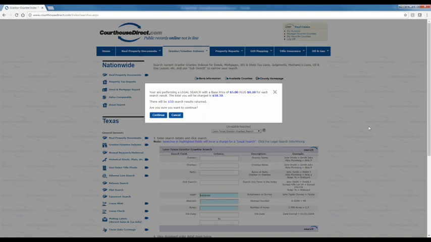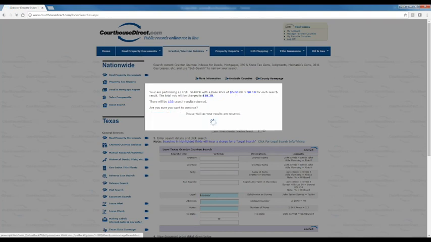So again, as I mentioned before, it pops up a little question here. You selected 133 results. Do you want to purchase this? And we're going to tell you what the purchase price is. You'll notice that in Reeves County, it was $20 plus. And then in Leon County, it's a little less just because it's keyed a little bit differently for us. So I'm going to say yes, I want to continue, and I want to bring up the results of those